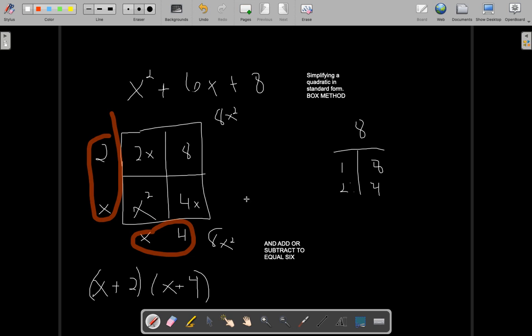It seems like a lot of steps, but it really isn't. You just have to practice it. But that's exactly how you would simplify a quadratic in standard form using the box method. Okay, so what I'm going to go over